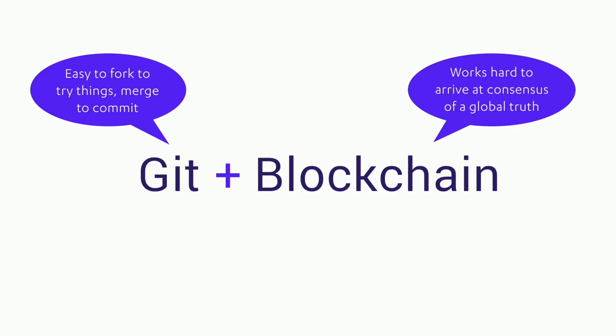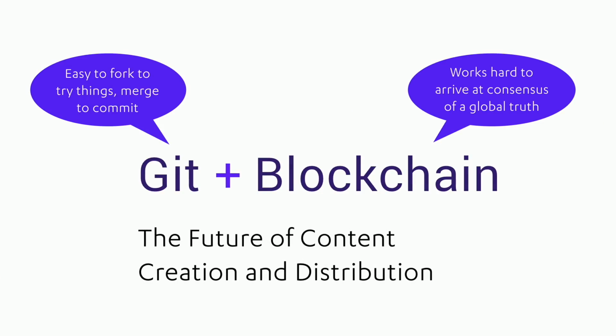But by combining Git with blockchain, we can then say the global truth exists, where one piece of content, once everybody agrees, is updating Wikipedia or updating an article, that everybody can just synchronize to that state. So combining the radical decentralization and flexibility of Git with the type of consensus you get in a blockchain is what we're aiming to do. So let me get a little more concrete about what we mean.